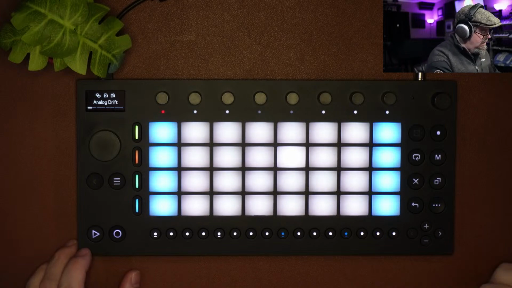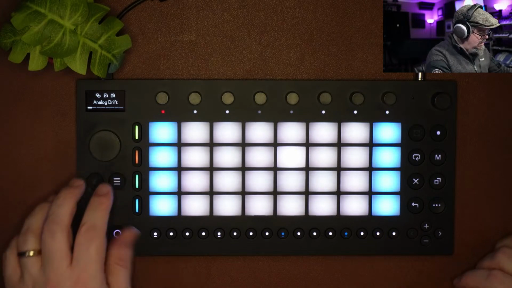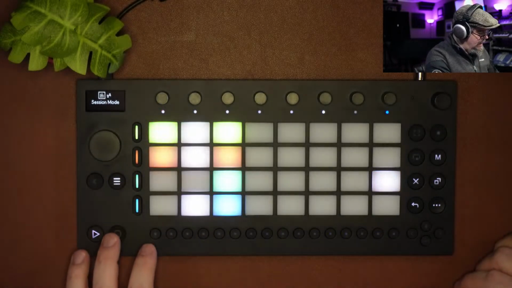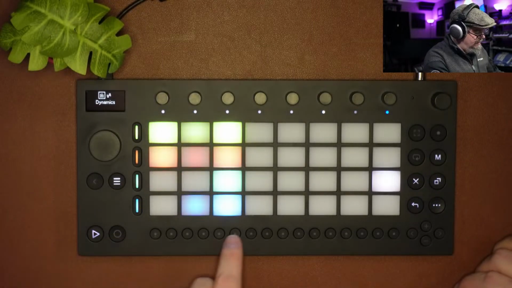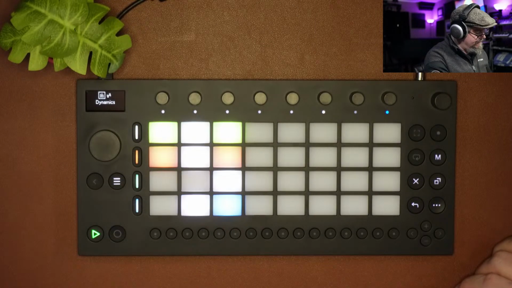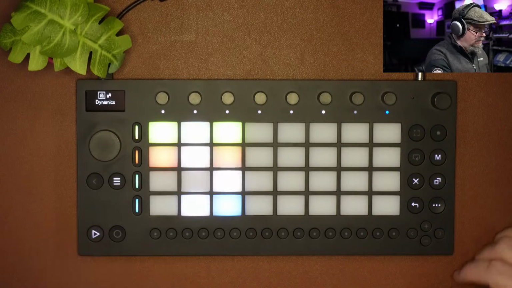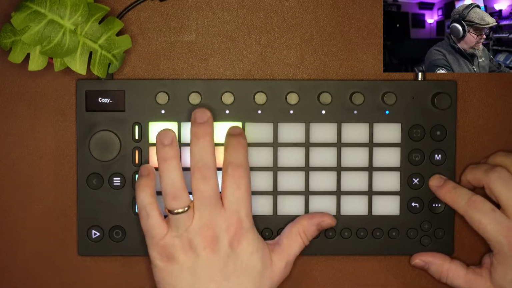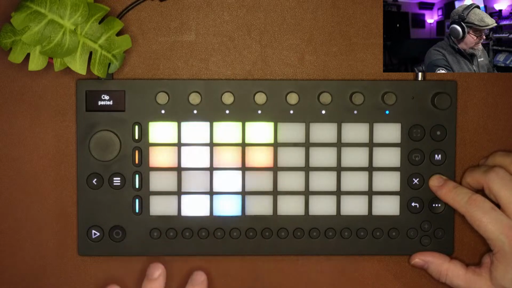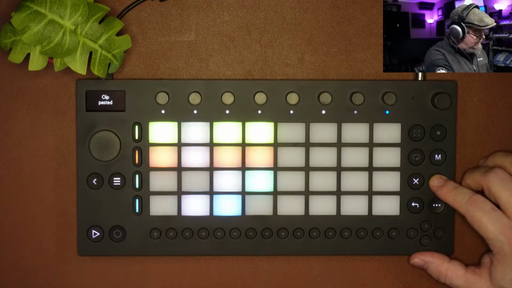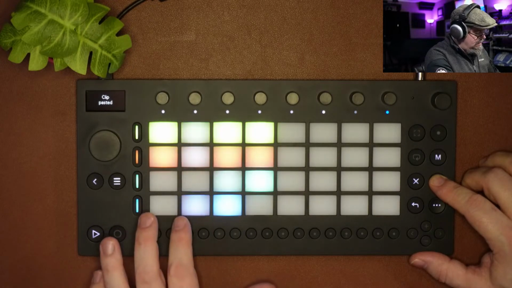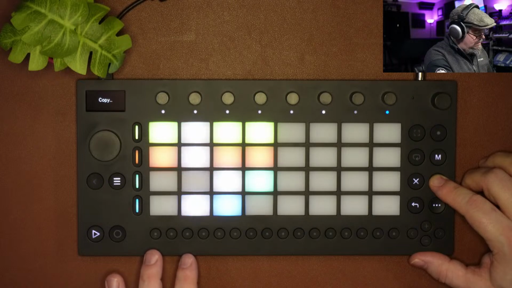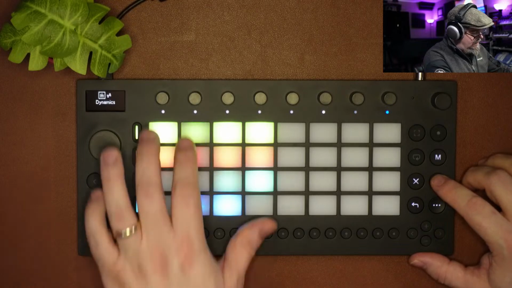Okay, and let's see, we'll go back to the main track, and I want to bring this lead in over that. So once again, I'm going to do copy, copy, paste, copy, paste. Because I'm going to copy